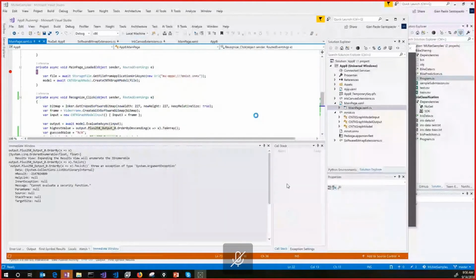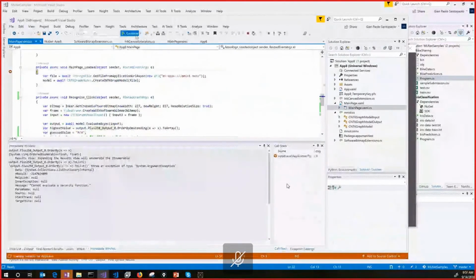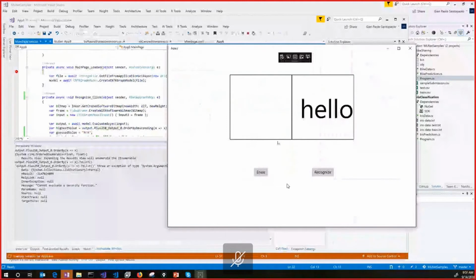You can look at the code by yourself. It's loading the model. I can write something over there and then say recognize, and that's it. If you want to see the process, it's really simple.